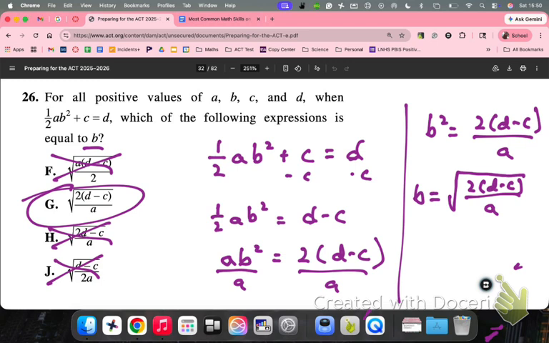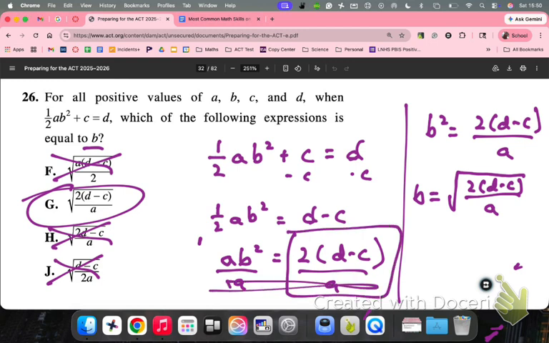So on the day of the test, if you have some confidence in what you're doing, you don't have to solve every problem all the way out. You can solve them far enough that you can rule out the wrong answers. And we could have stopped right here. Before we even divided by a, we could have just